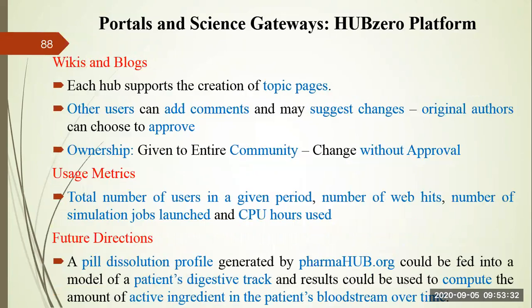Similarly, you can use the wiki and blogs, right? Wikipedia and blogs provide various things by creating various pages, and these pages provide information. You can add comments to these pages. You can suggest various changes. For example, you have developed a particular page. You may decide whether this page can be edited by other users or not. If the ownership is selected as the entire community, anyone can edit your page without your approval. But if you have restricted your page, others have to take permission, or can comment, or can suggest changes to you. So once you approve it, it will be